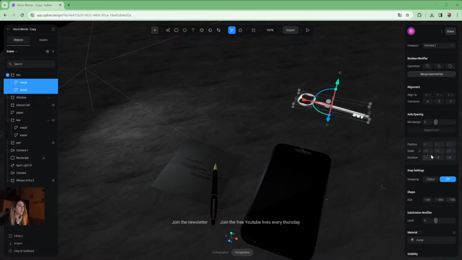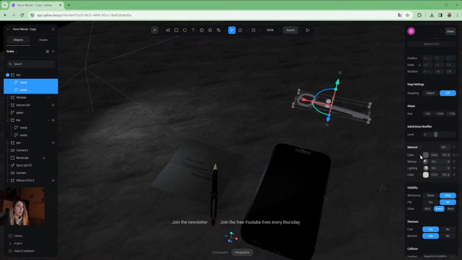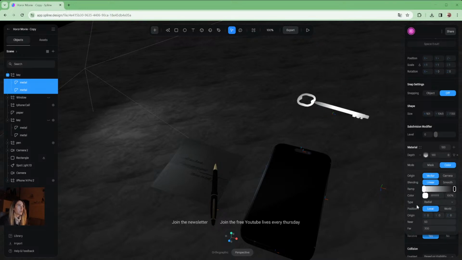So I select my two materials, unlink the material, and here I'm going to put a new channel, which is going to be a depth. So I'm going to click on depth, and I'm going to click here to tell the computer what I want. What I want is for my depth to have the position in the world, which means if I move my key, the gradient, which is applied thanks to the depth channel, is not going to move